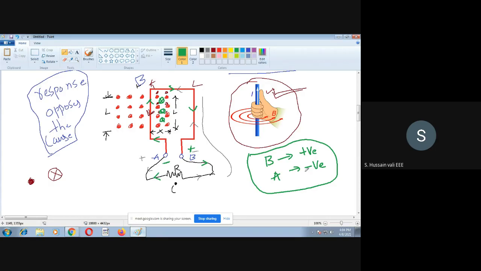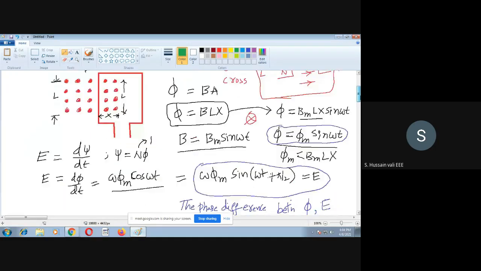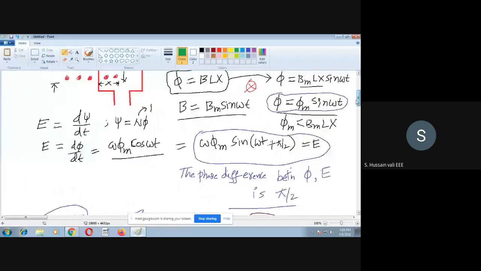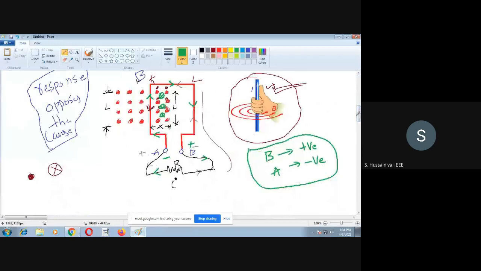So now you see, with this the polarity you can easily find out. Faraday's law states the magnitude, how much you got, whereas Lenz's law states the polarity. The correct polarity is the one which produces a current in the coil, so that the current in the coil will produce another magnetic field, and that magnetic field is opposite to the actual magnetic field, that is B.